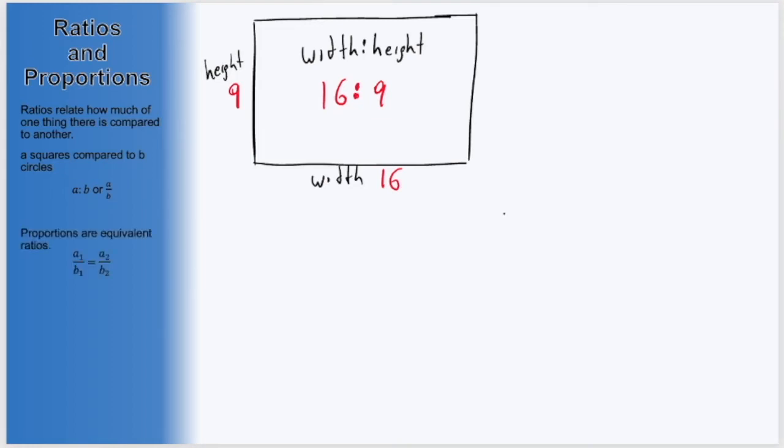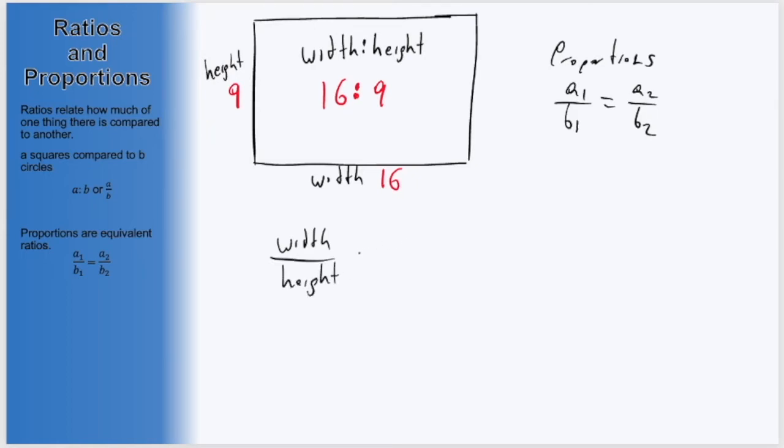Now that we have discussed the basics of ratios, let's talk about proportions. Proportions are equivalent ratios. That is, two ratios that are written as fractions that are equal to each other. For our TV or computer screen example, no matter what the width or the height of the screen is, it follows the ratio of 16 to 9. So no matter what our width and height is, these two ratios should be equal and thus can be written